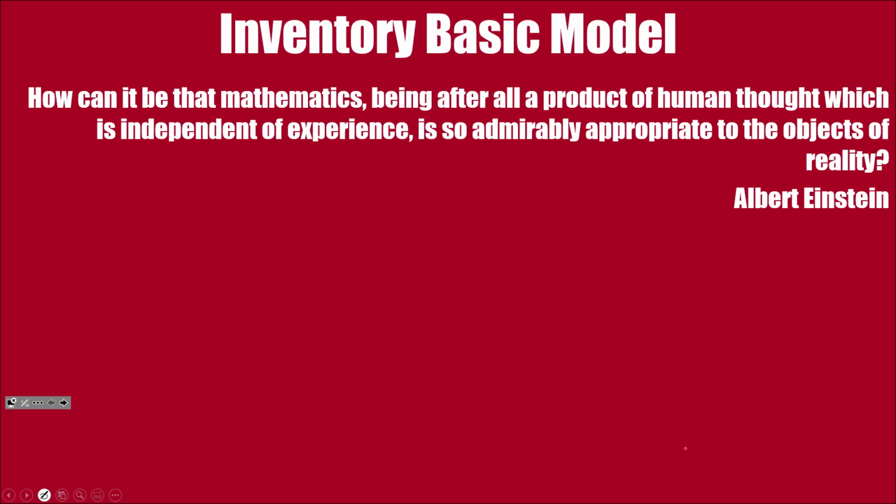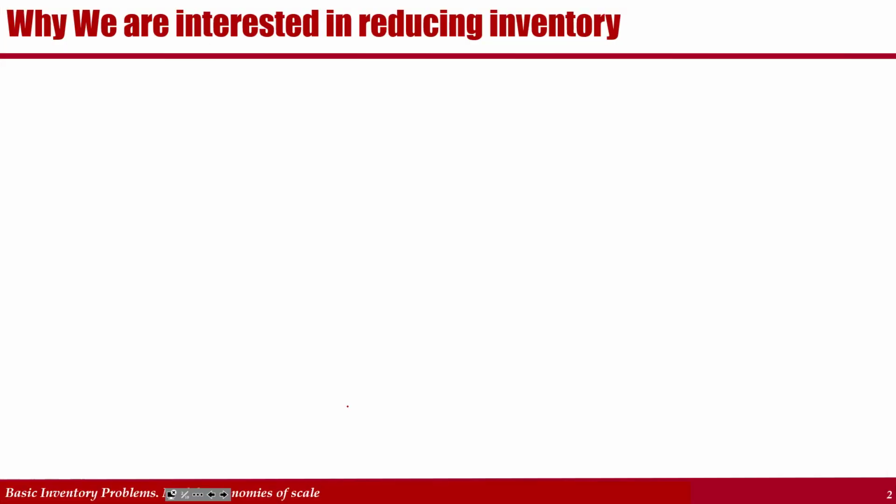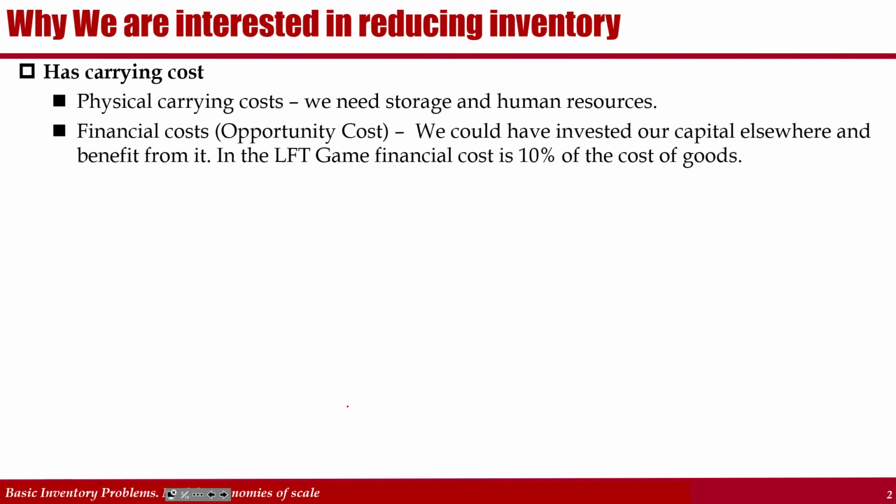Here, I would like to wrap up some final topics on economic order quantities. Why we don't want to have extra inventory, why we like to have just enough inventory in all three main classes of safety inventory, cycle inventory, and pipeline. We like to have just enough inventory because inventory has carrying cost or holding cost.